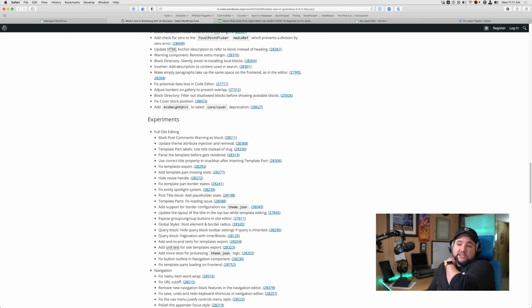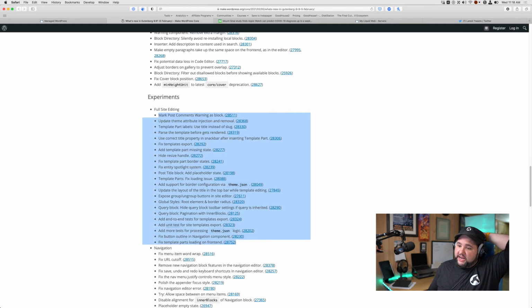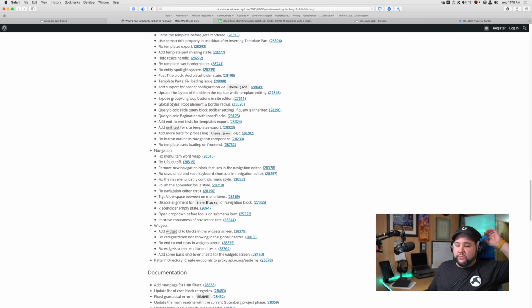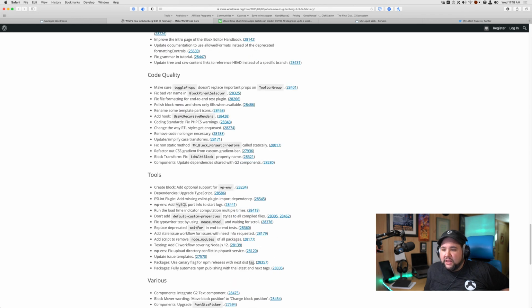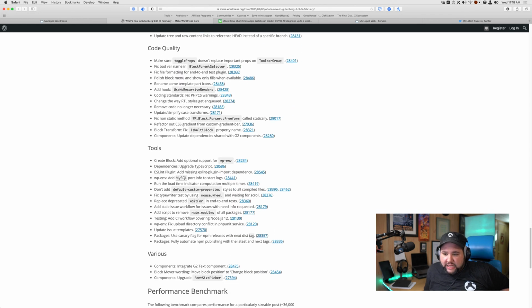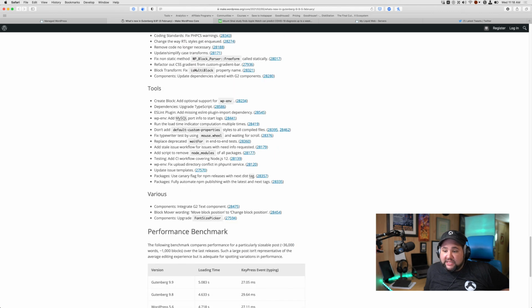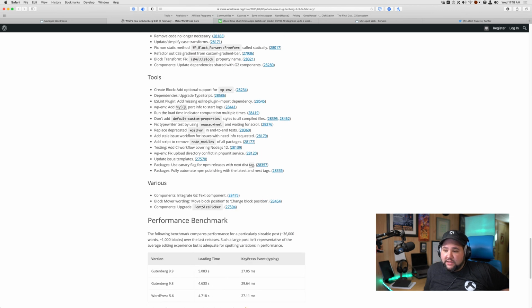And there's an experiment section. I can't remember if there was one of these previously, but full site editing, lots of stuff in full site editing, lots of stuff in navigation and widgets. Those are also phase 2, navigation and widgets, specifically getting the widgets into the block editor, right? That was a goal of phase 2. So lots of experimentation here, and then there's a separate section for documentation, code quality. I don't remember seeing these things in at least the last time I was checking these updates, but